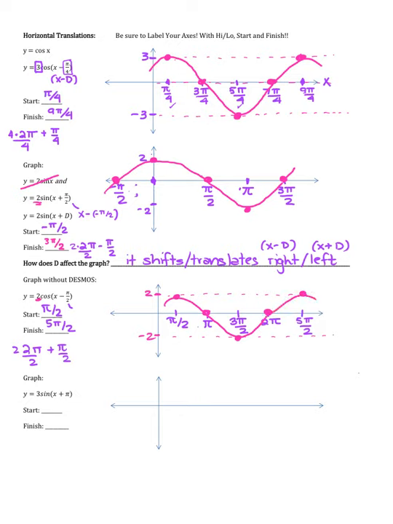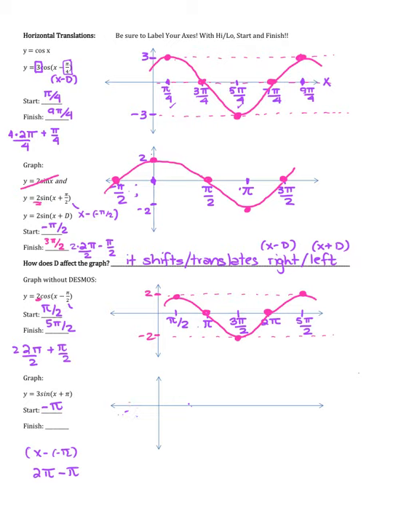Okay, let's try this last one. You stayed with me this far. So I'm going to start, since it's x plus pi, remember that's x minus a negative pi. So I'm going to start at a negative pi. We're going to shift everything back. And so 2 pi minus pi means I'm going to actually end at pi. So I should probably stretch this out, but you know what? We're gonna